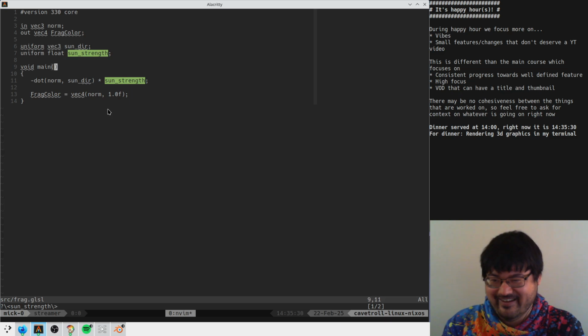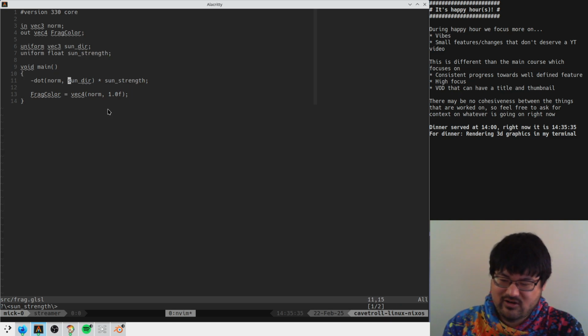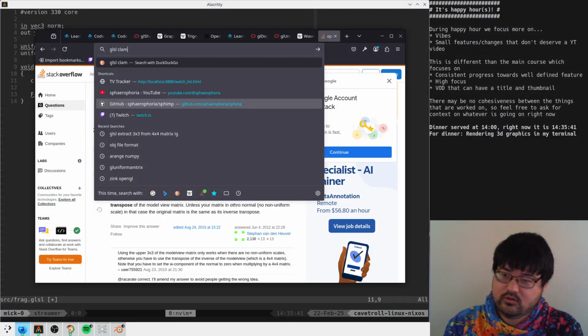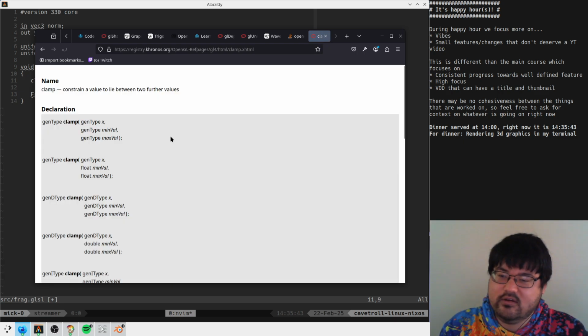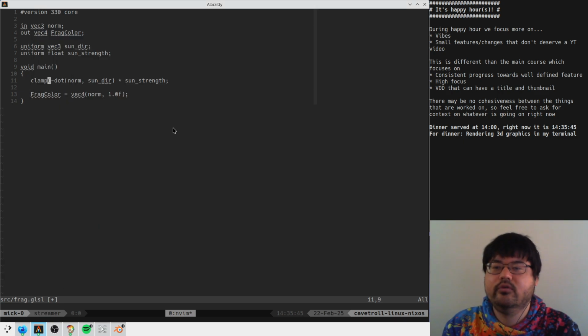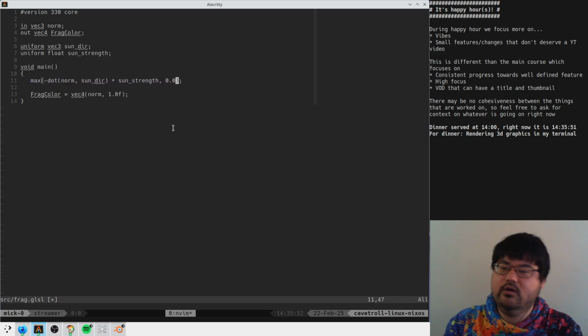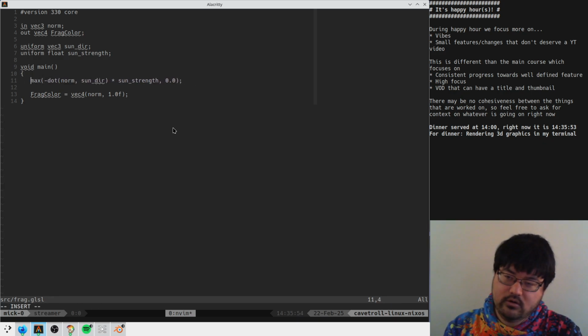Strength. Yeah, okay. And then this thing we need to clamp from 0 to 1 so that if it's negative, it solves itself. I guess we could also do the maximum of this and 0. Yep. So